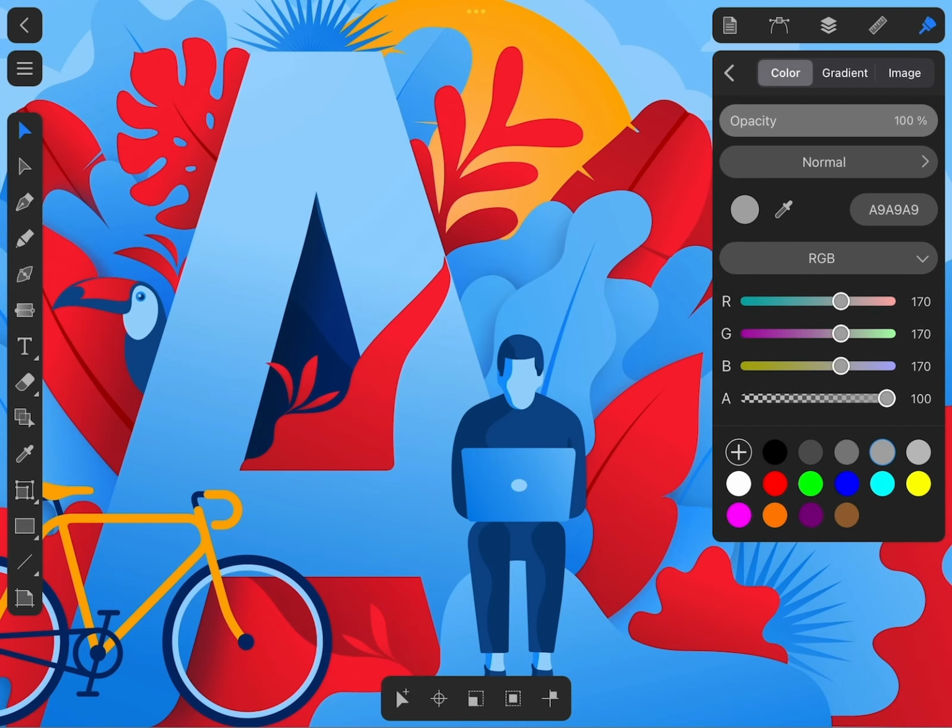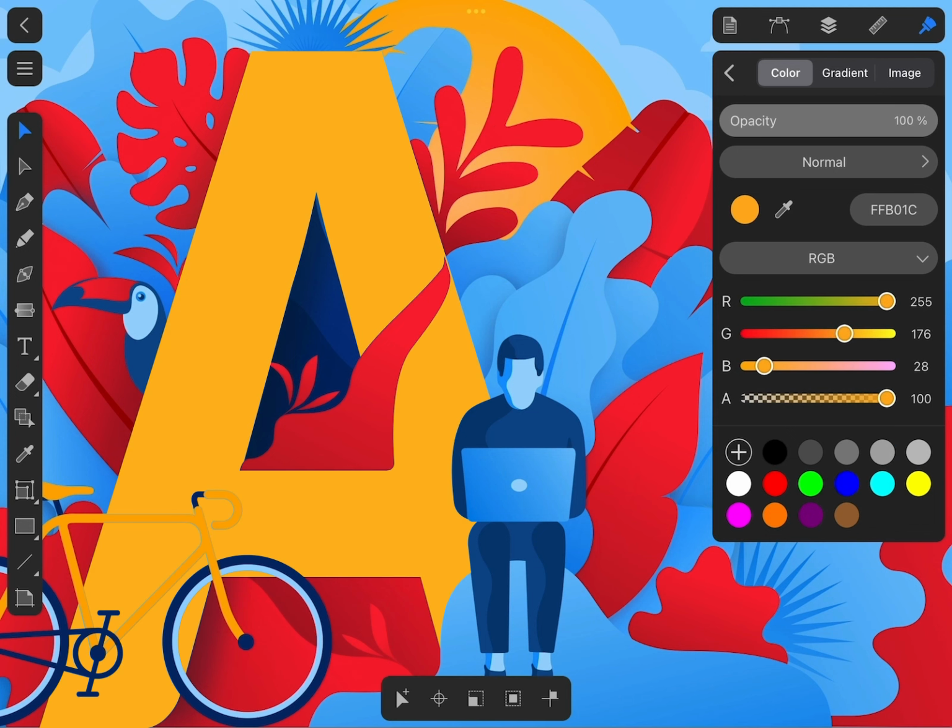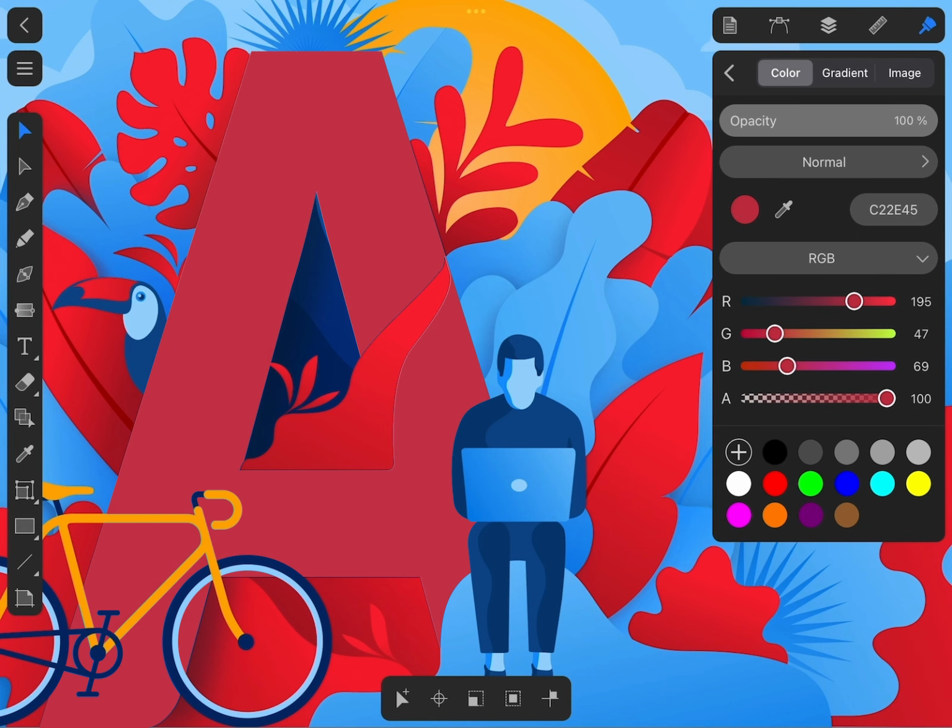To get the color of any pixel on the canvas, simply tap on the eyedropper. Then point the center of the magnification glass at the pixel whose color you want to pick. Now the red, green, and blue sliders are in the positions that correspond to the chosen color. This color is displayed in the sample circle. You can use the sliders to adjust the color that came from the eyedropper and also to set up a color from scratch. Let me remind you that any color that you can see on your screen can be created as a composition of the base colors.